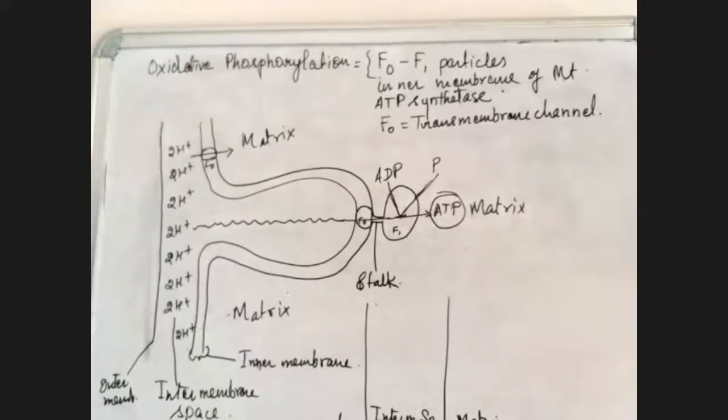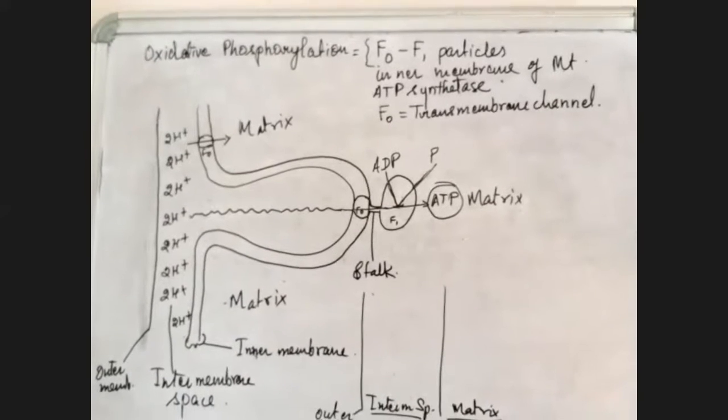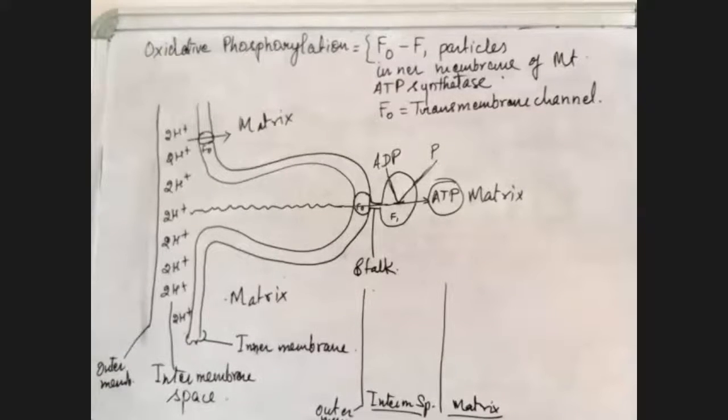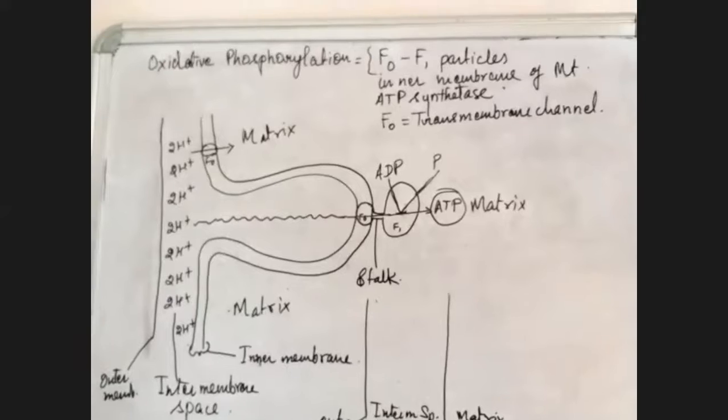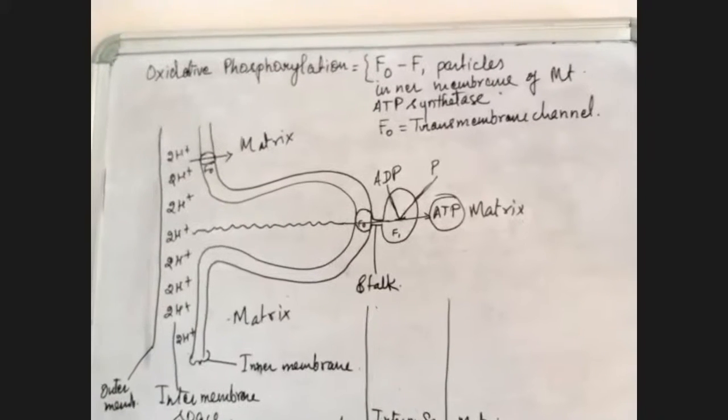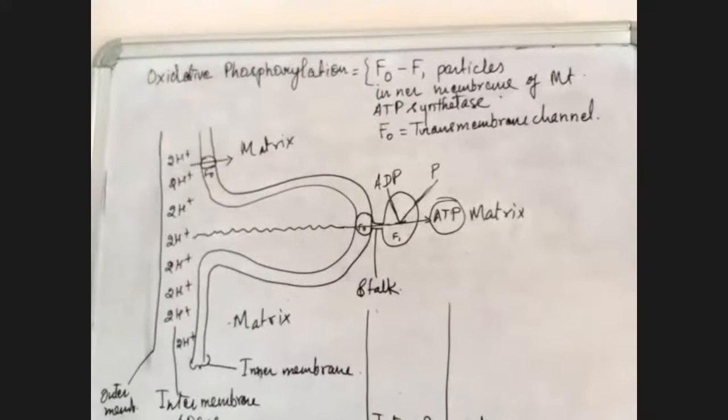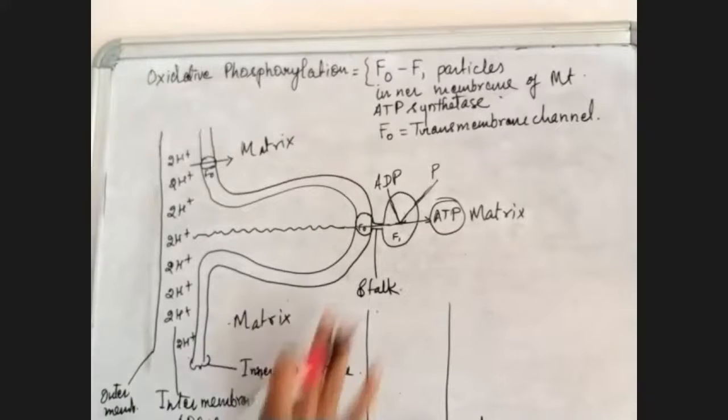So what Sanvi was asking about is what we did on Saturday: the electron transport chain. You want to know about the electron. The middle part, I think, is not clear in your notes. We have the outer membrane, the intermembrane space, and the matrix. This is what we did on Saturday, not today's topic. I'll write it a little higher up so that you are able to see it.